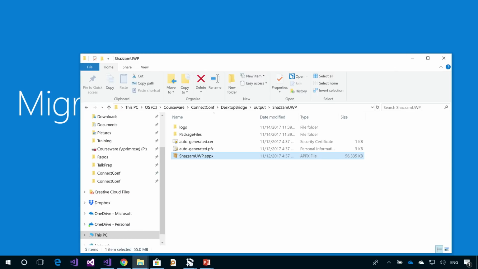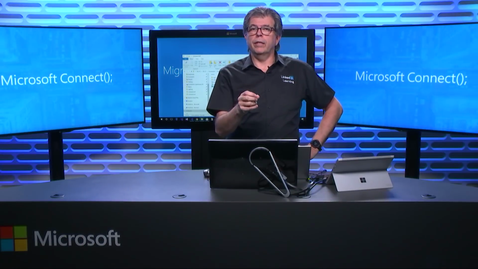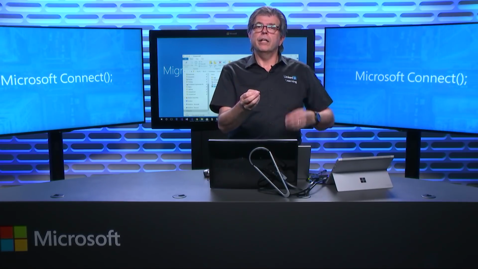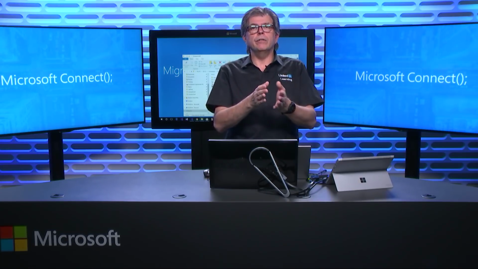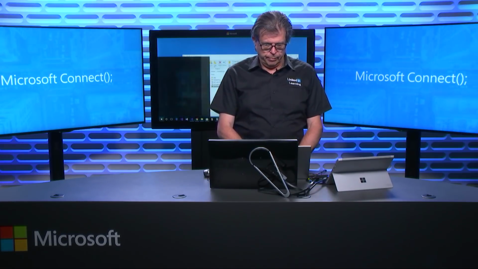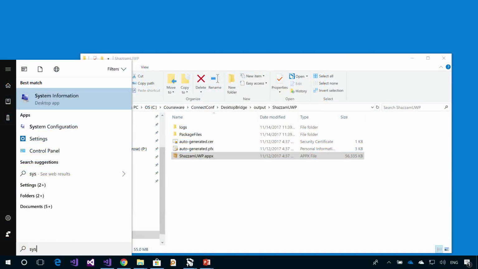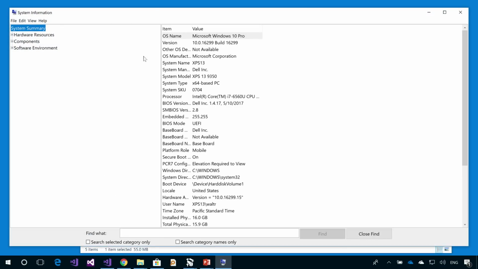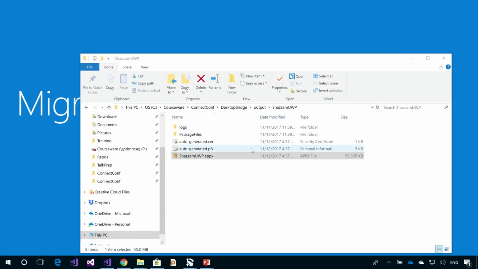One caveat, again, go to Channel 9. There are lots of videos on how to use the desktop bridge. I would like to point out one thing: because it uses a container, there is a WIM file that you need to install on your computer. So in my case, what am I running? I'll check it out here in system information on my computer. I'm on build 16299 for Windows. And so you need to have the WIM file for that so that the container matches the operating system. You'll download that from the Microsoft site. Okay. Now,